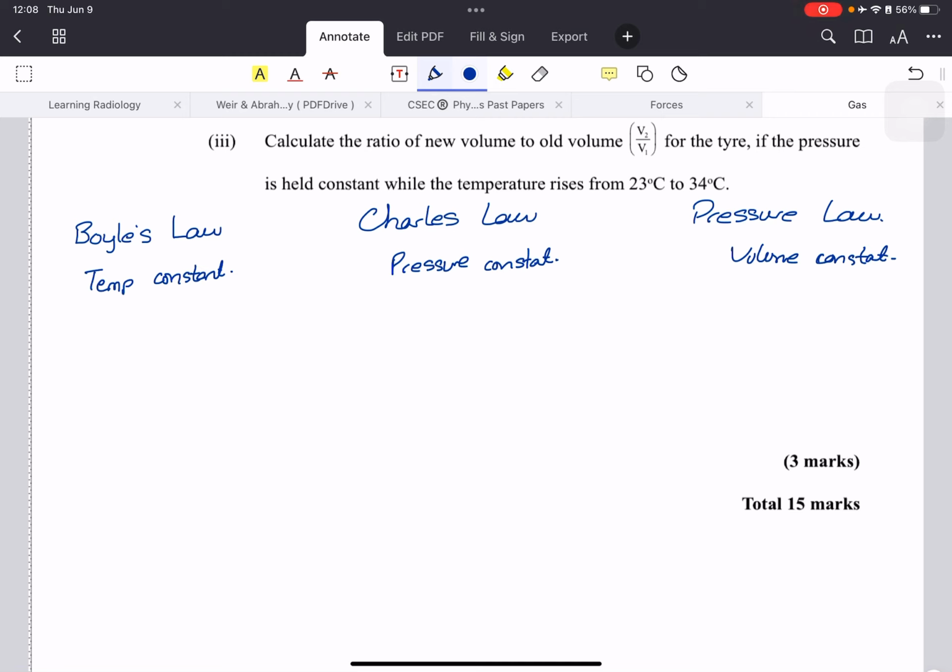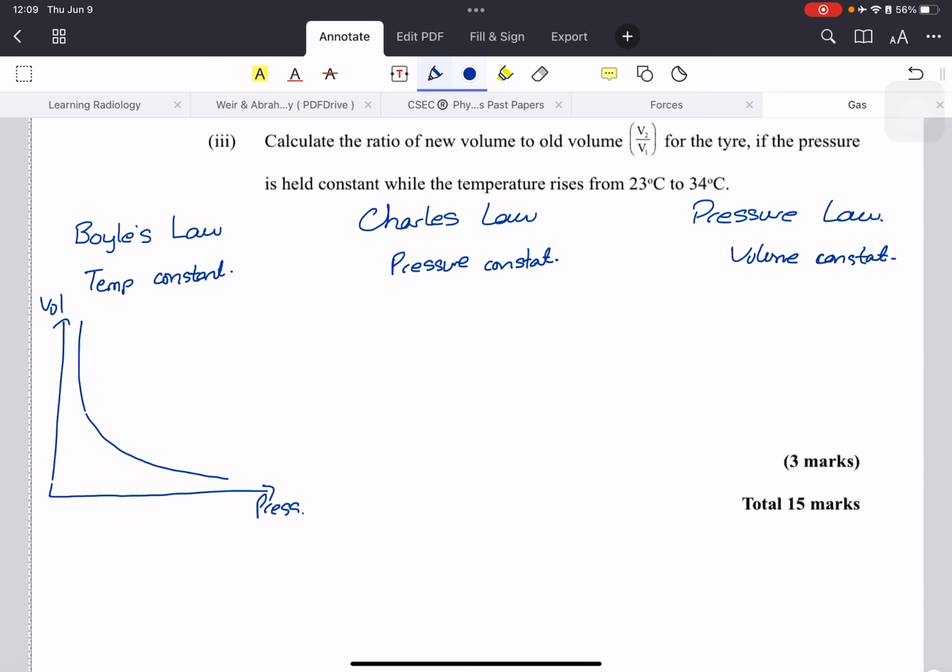Okay, so each of them has their own graph. So the Boyle's law graph looks like this. So we have volume here and pressure over here. So the graphs would use the 2 that are not constant, right? So you see how in Boyle's, temperature is constant. Well, the graph will look like this. Okay, in Charles' law,